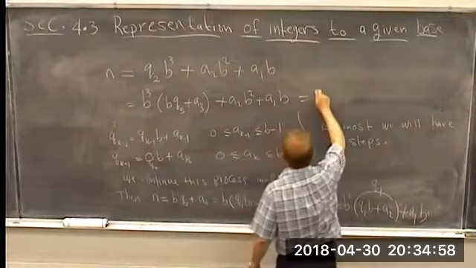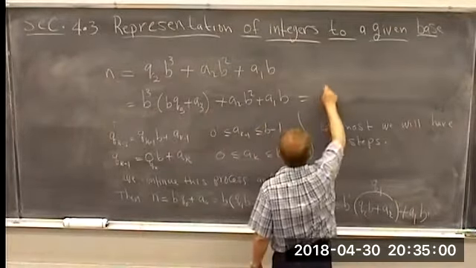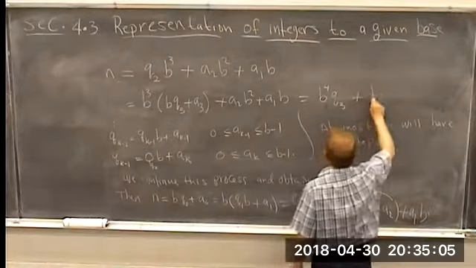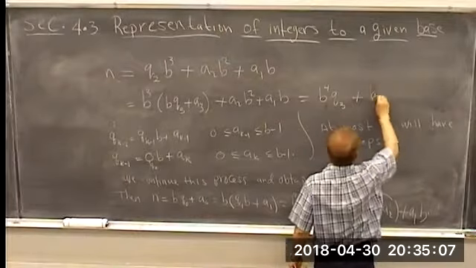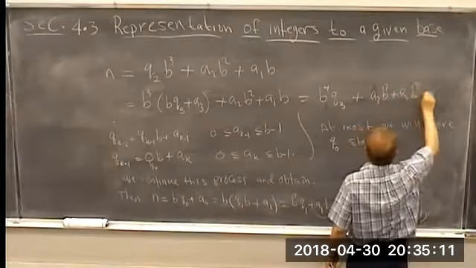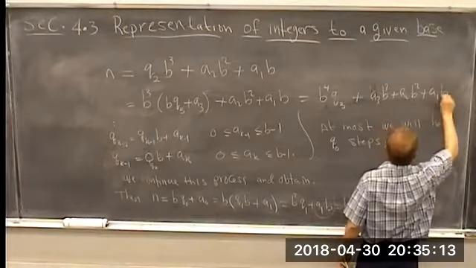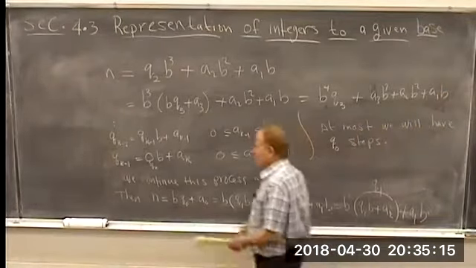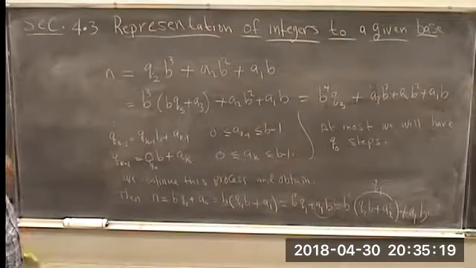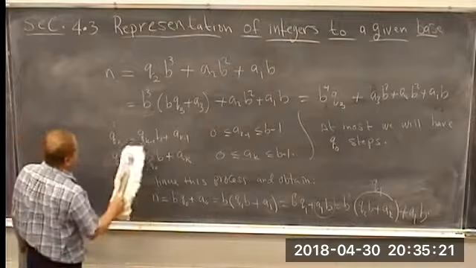And this will actually continue. So we have B to the 4, the Q to the third, plus A sub 3 B to the third, plus A2 B squared plus A1. All right, so we will continue this,